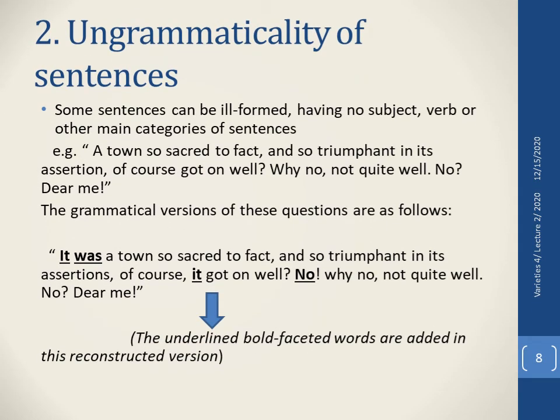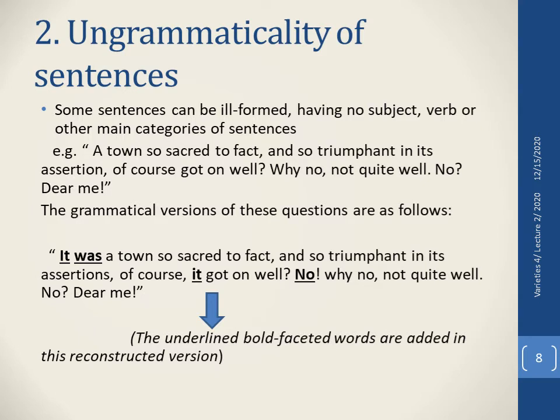The second aspect of sentence structure in literature is ungrammaticality. Some sentences can be ill-formed, having no subject, verb, or other main categories of sentences. And we all know that the chief components are necessary to every grammatically complete sentence, that are the subject and the predicate, but sometimes they are dropped out deliberately by the authors for many different stylistic functions. For example,